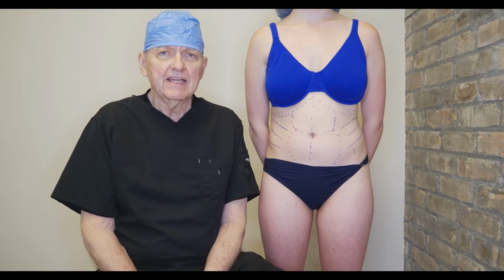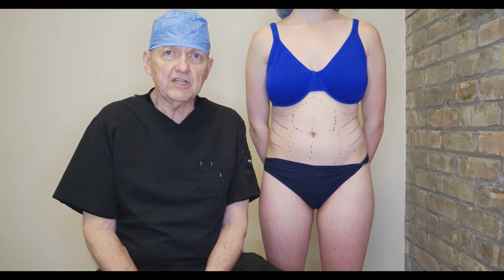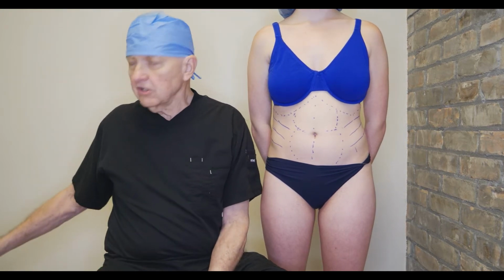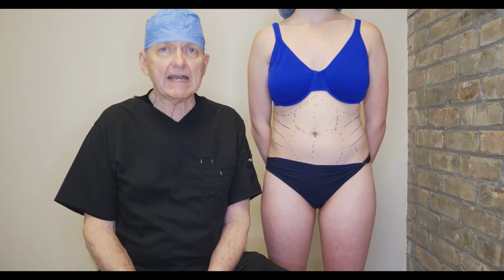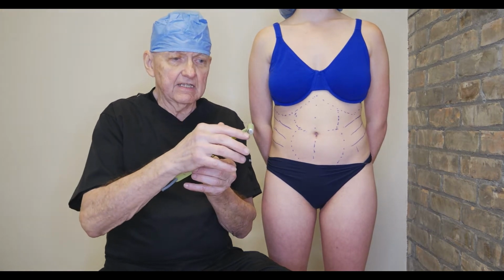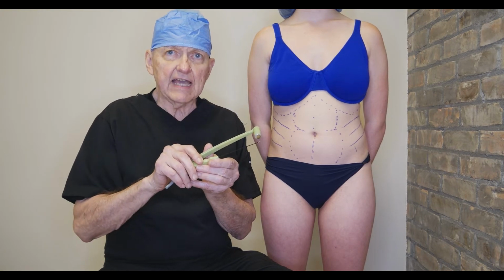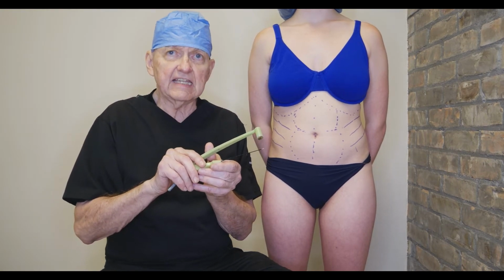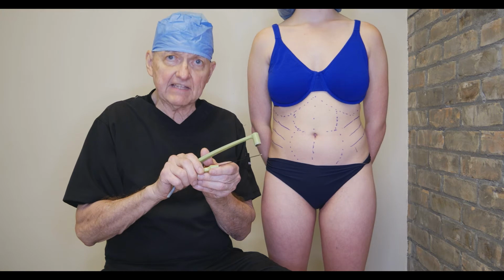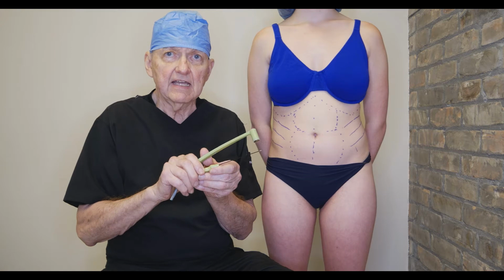Hi, I'm Dr. Williams, and today we're going to do one of the newest and probably one of the best procedures for body contouring as well as skin tightening. What we're going to do is use what we call BodyTite. This uses a probe that is inserted deep in the tissue that produces radio frequency energy that results in heat that then causes a destruction of the fat cells and also produces at the same time skin tightening and skin